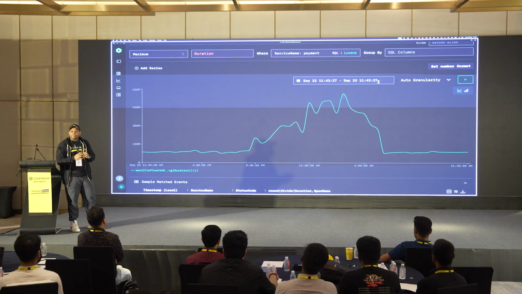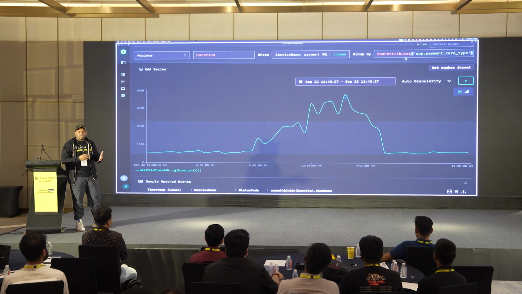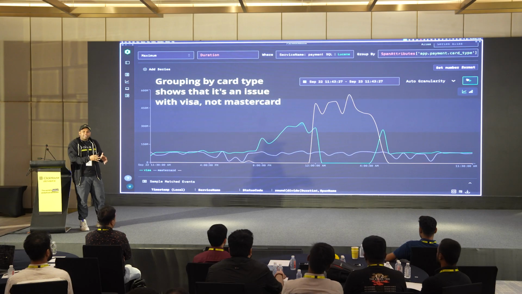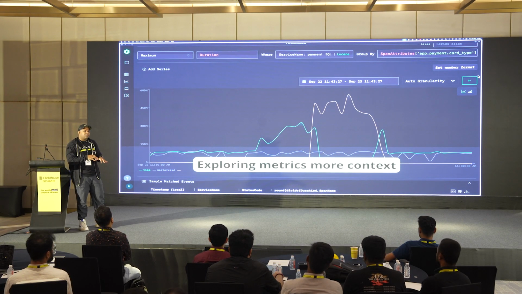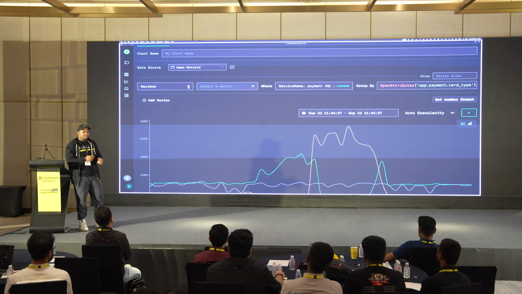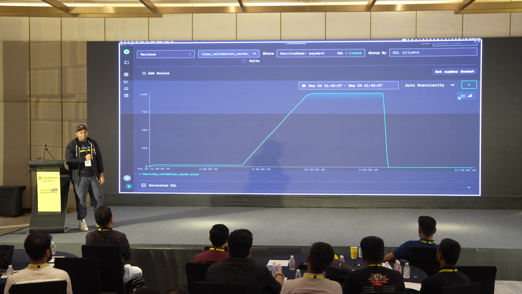You're not trying to figure out what field types you want to select. How do you want to design your charts? You're pretty much typing in natural language, and we are identifying the information that's sitting inside your observability system, which is ClickHouse, and able to render it as efficiently as possible.